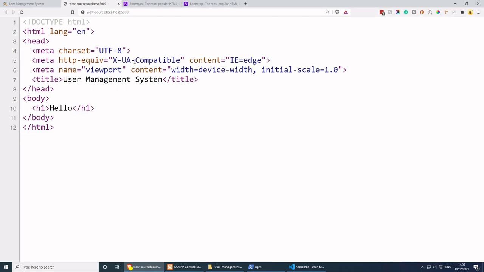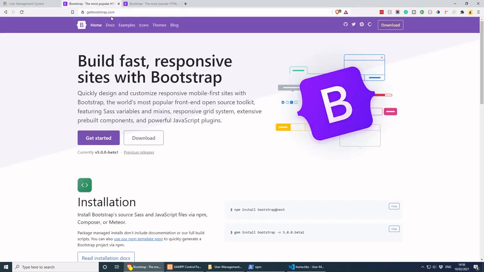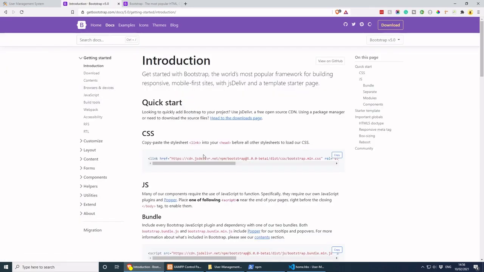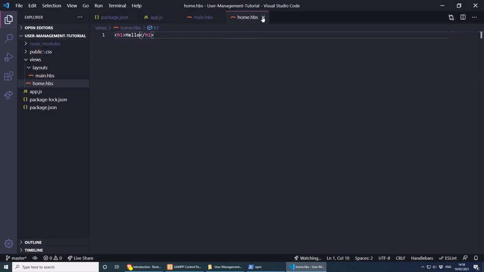Now that we're here, I think it's a good time to start doing the layout of our page. And for this tutorial, I'm going to use Bootstrap because it's the most familiar framework out there and most people know how to use it. And we can make a fairly decent looking website quick. So if we go to getbootstrap.com, I will be using the current version, which is version 5.0.0-beta 1. And if we click on get started, we can go to CSS here, grab the CSS,